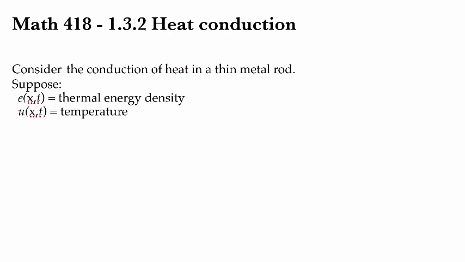To relate these, we need a couple of physical constants. So we will take rho to be the density of the material that we're looking at, and we will take C to be the specific heat. So this is a physical constant that indicates how much energy is required to raise the temperature of a certain type of mass by a number of degrees. So for instance, water has a very high specific heat, and that means that it takes a fair amount of energy to boil water. Okay, so in this case, we have then that energy is going to equal rho times